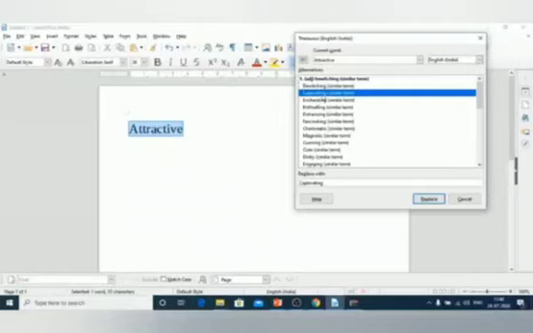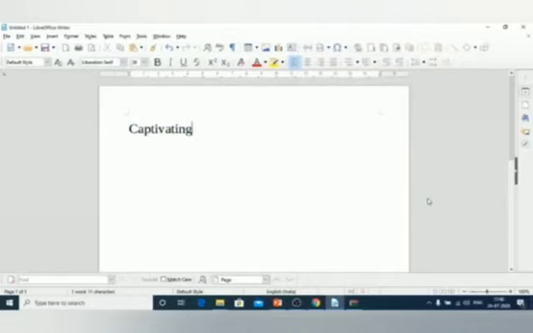Here I am selecting captivating, and then click on Replace to apply that. So the word captivating has been applied, as you can see here.